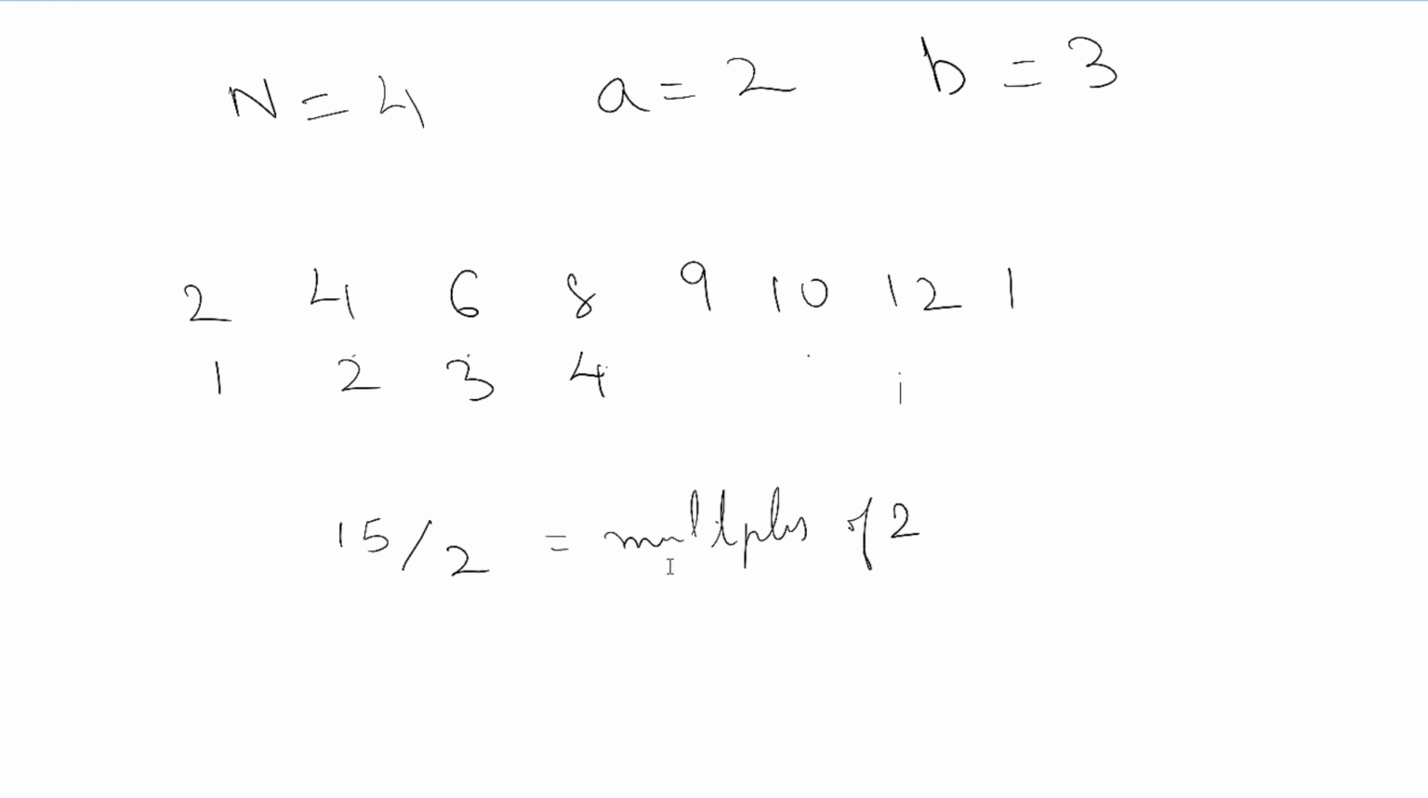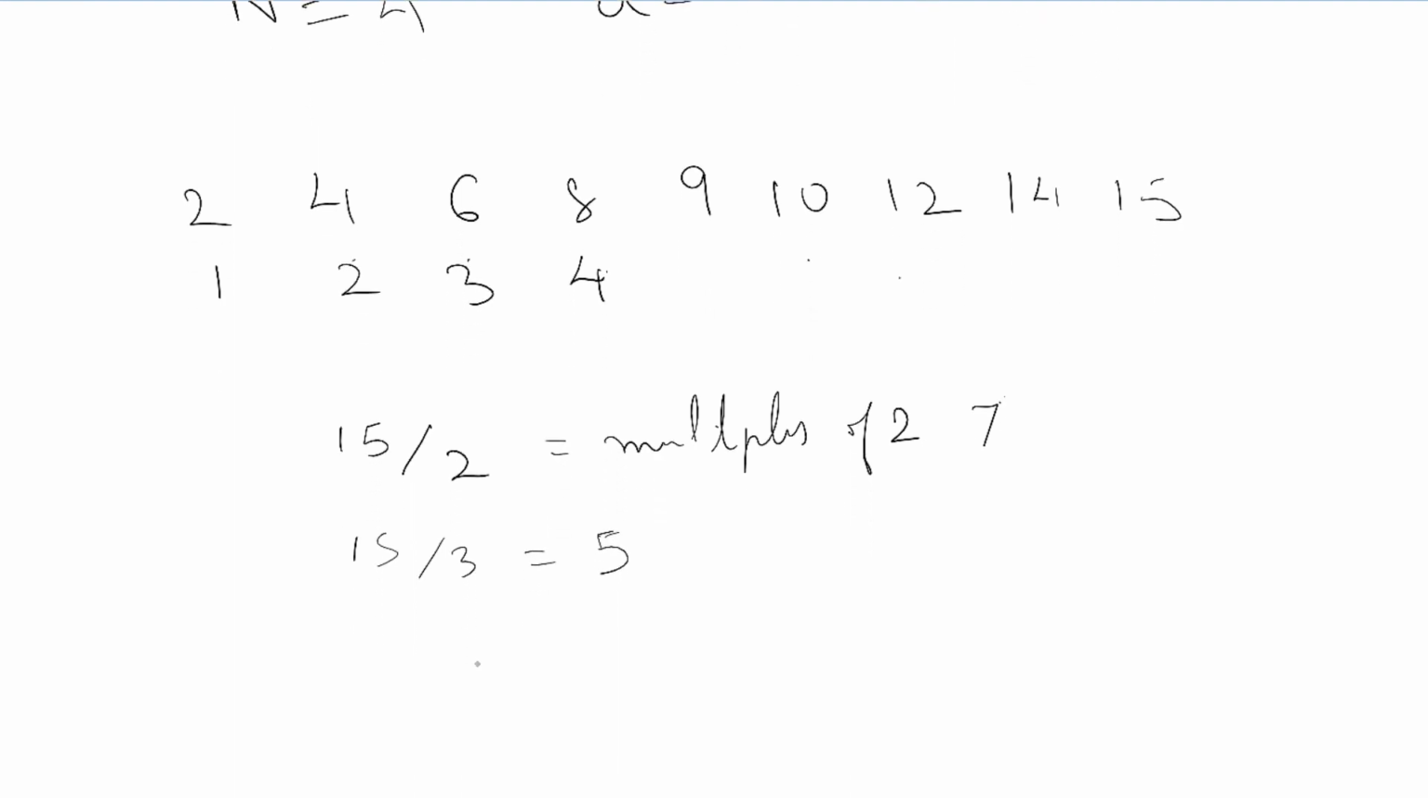wait, I forgot 14 here. 14, 15. We have 7 multiples of 2 in the range 15. Similarly, in the range 15, we have 5 multiples of 3. So, in the range 15, the multiples of 2 or 3 will be